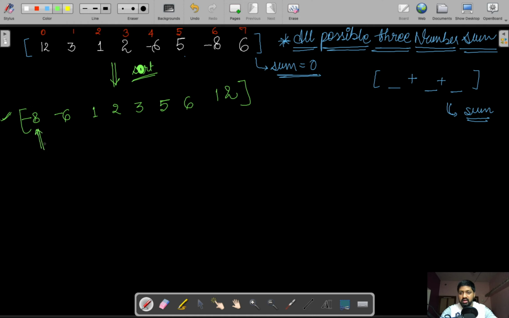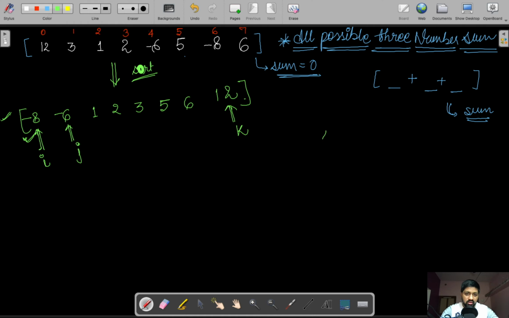The first pointer we set as i here, and the other two pointers we set as j at the next location of i, and k at the end location, for each iteration of i. So keep in mind that for each iteration of i we have to set j as the next index and k at the last index.